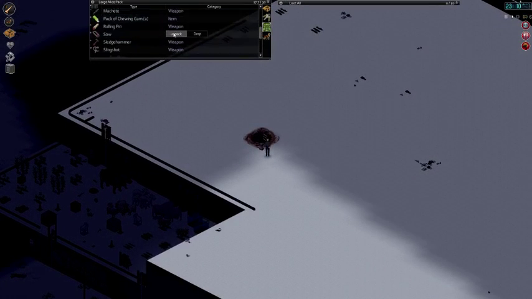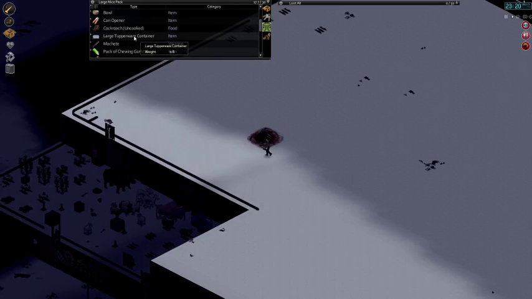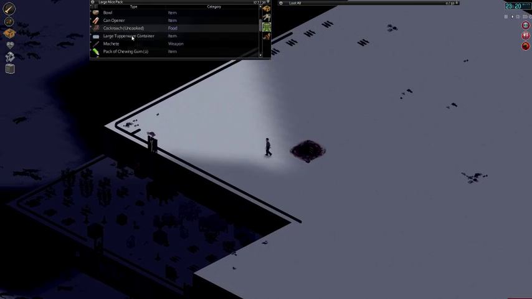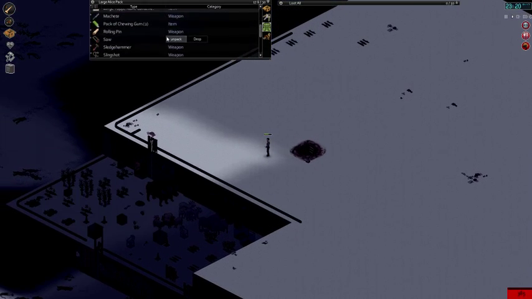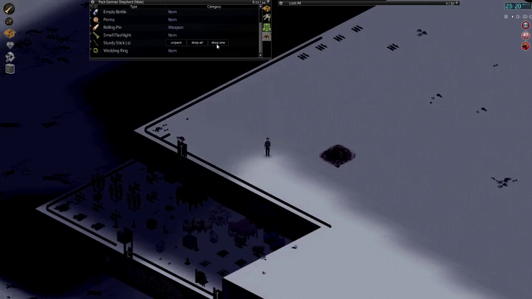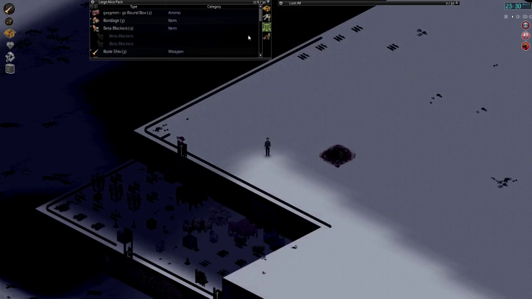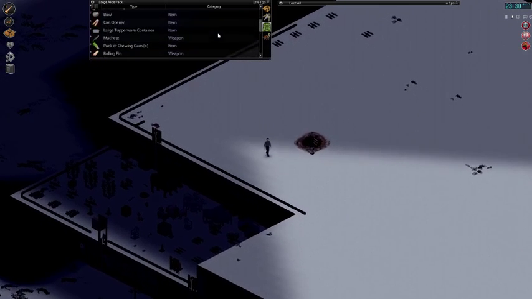Let me just quickly eat something so that I don't die. Okay. I don't have any food in my inventory. So,